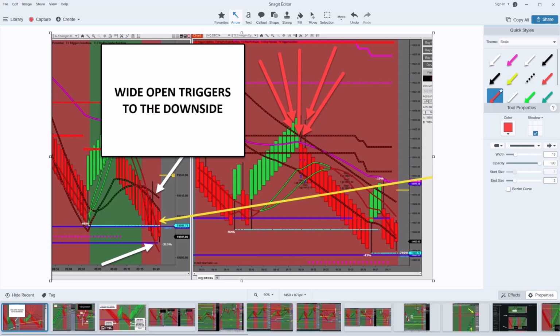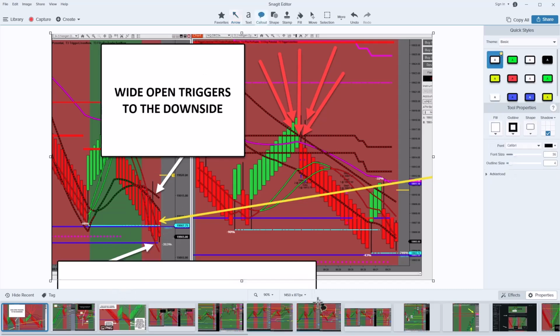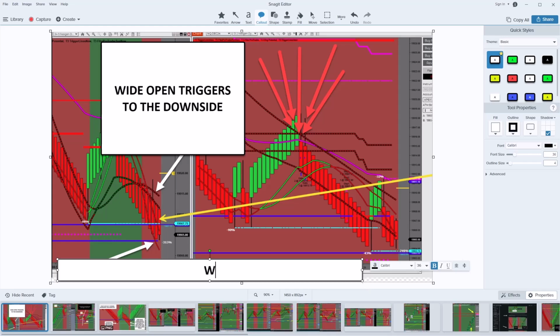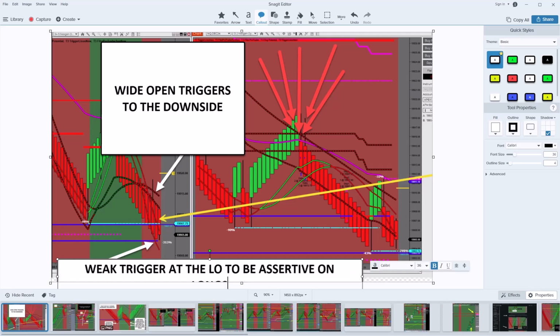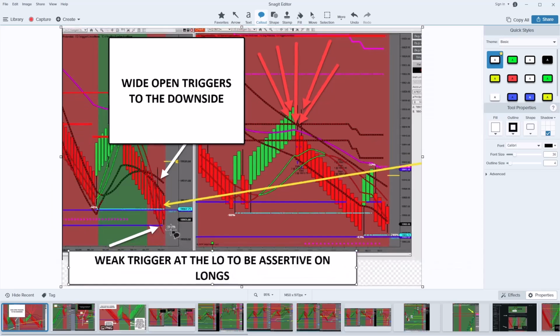So you were thinking the bottom was in, and I think it's a 100% good idea to try to be assertive, but you need a weak trigger to be assertive. So this is the little piece that you were missing right here. Weak trigger at the low to be assertive on longs. And you see how it wasn't weak, it was strong,